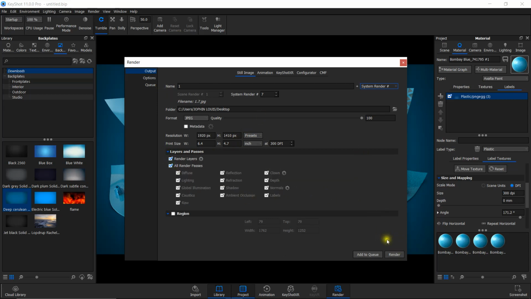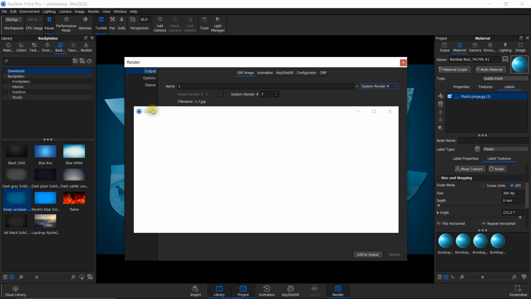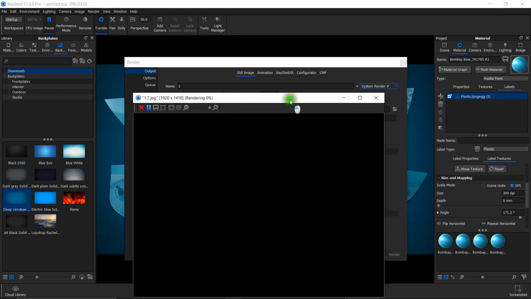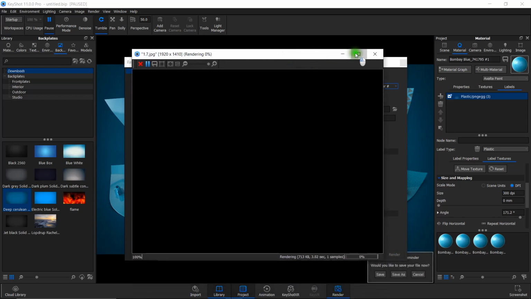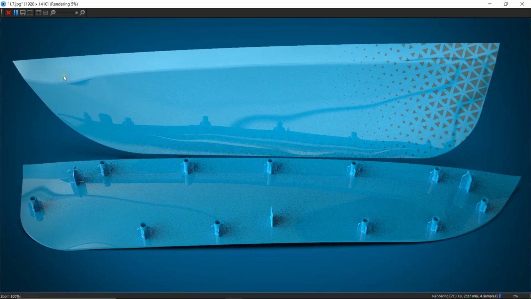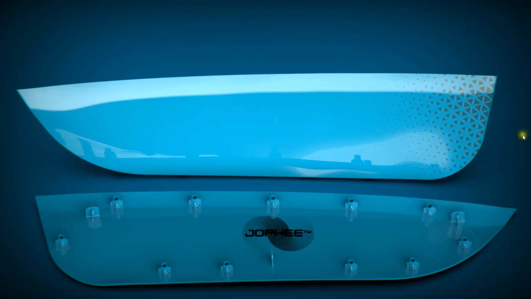Now the final step is to click on this render button. So a new window will open. I will enlarge that. So I am not going to fully render this model as I have already made one. I will show you that. I am going to just close this. So here are the two images I generated earlier using KeyShot. You can see the labels, and I have added an additional label here.